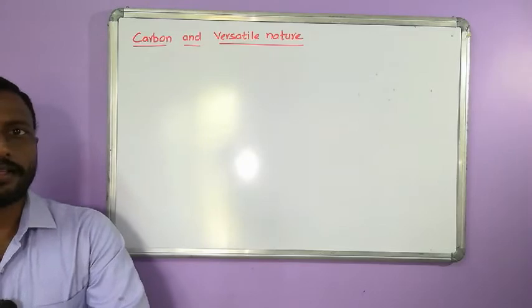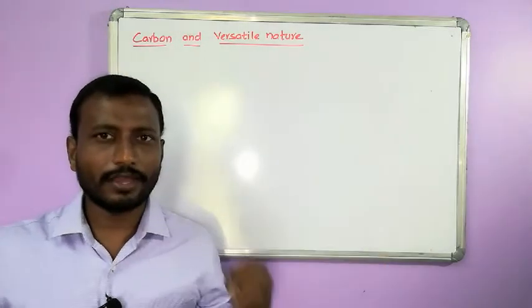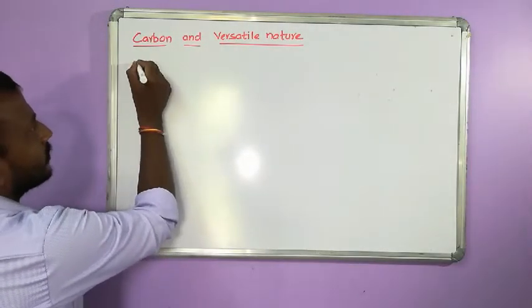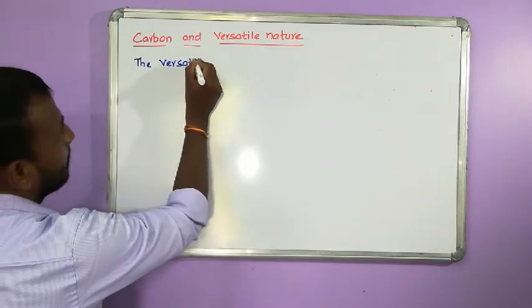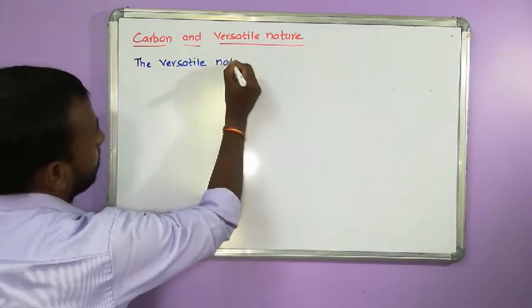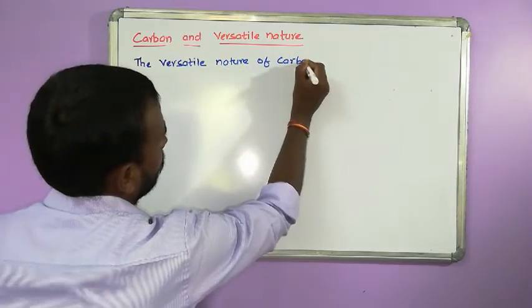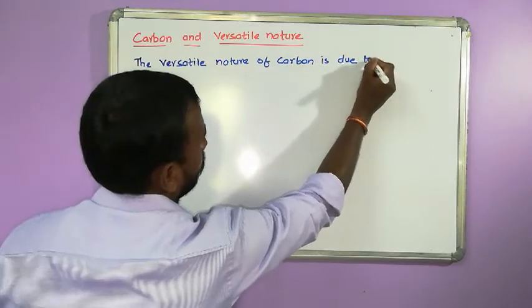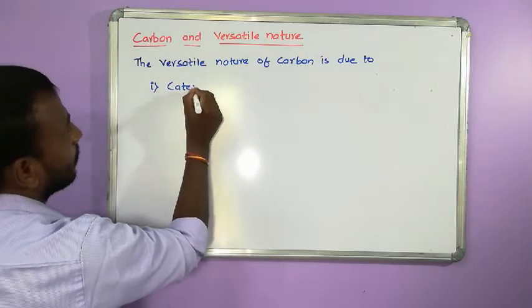That's why carbon is called as having versatile nature or diverse nature or elaborate nature. The versatile nature of carbon is due to one reason, catenation